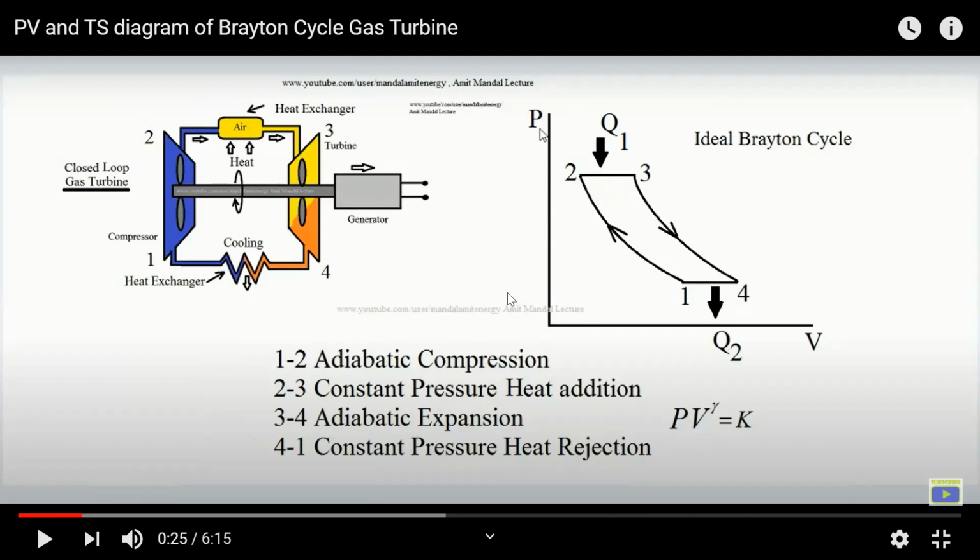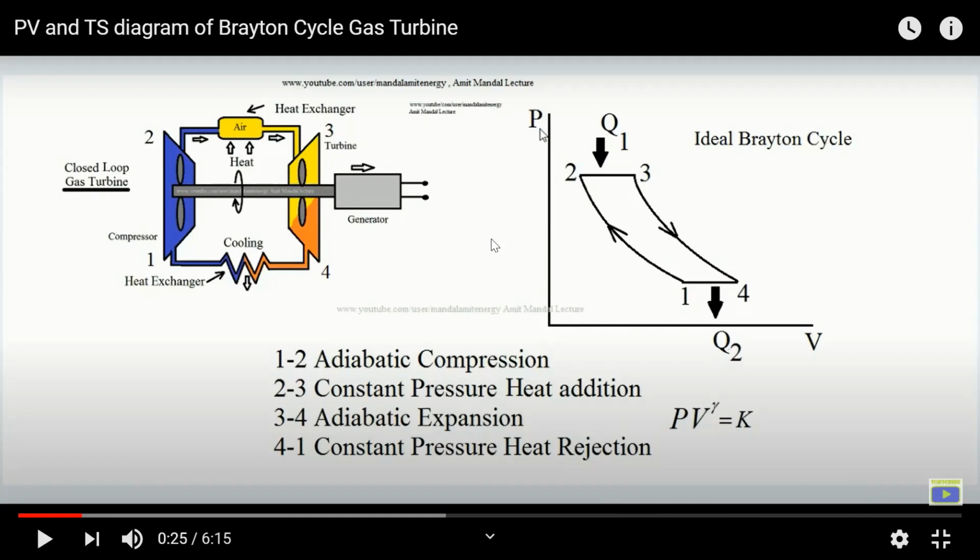The blue one is the air or the compressor. Process 1 to 2 is the compression, which is nothing but adiabatic compression. We take it as the line 1 to 2 in the PV diagram. I have taken all three in one slide so that you will understand easily. 1 to 2 is compressor inlet and compressor outlet, and that is the process you have to draw. We call it adiabatic compression.